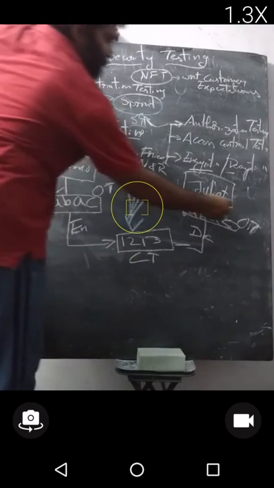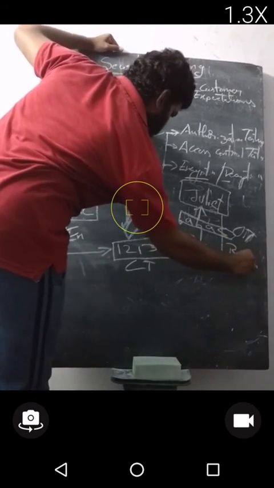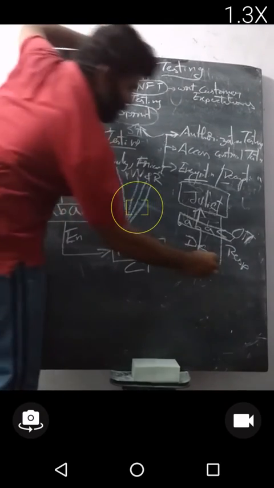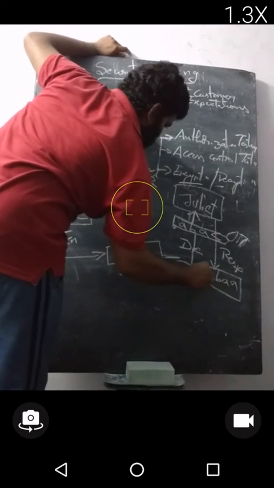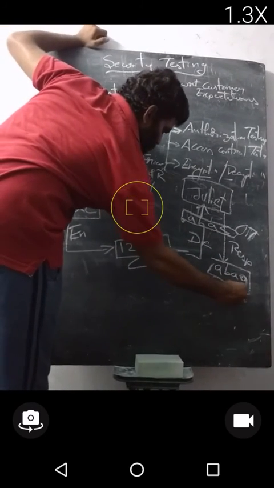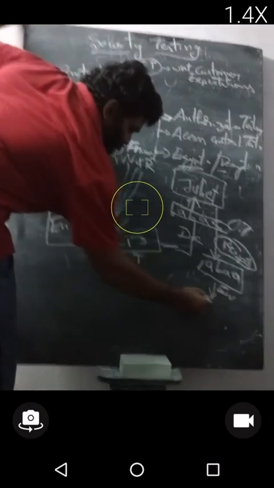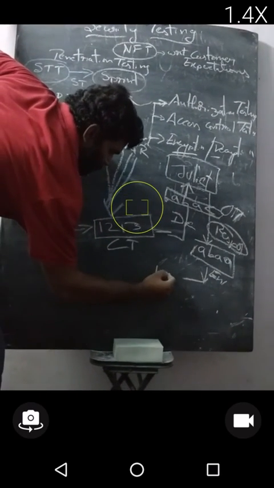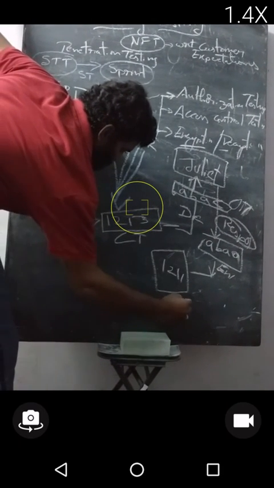In the same way, Juliet received the request, no? Now Juliet is sending the response. Juliet also sends the response similarly. The original text is ABAA. This is encrypted here to ciphertext. This is the response Juliet is sending. The text is encrypted to ciphertext 1, 2, 1, 1. CT means ciphertext.